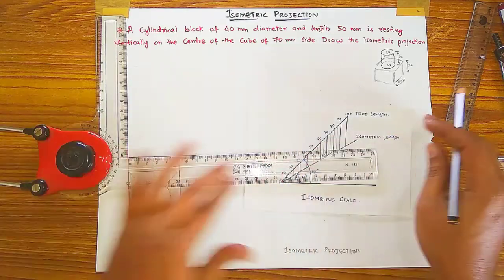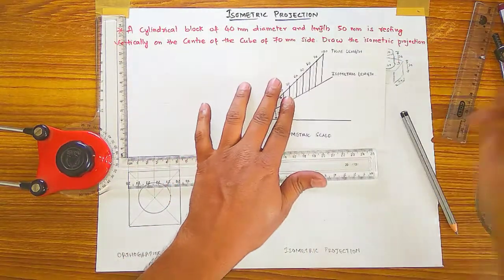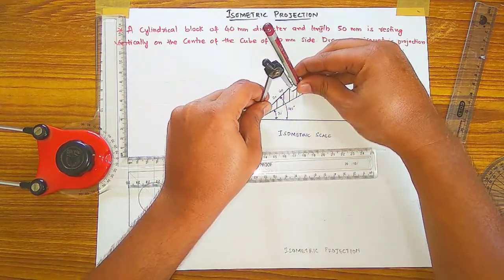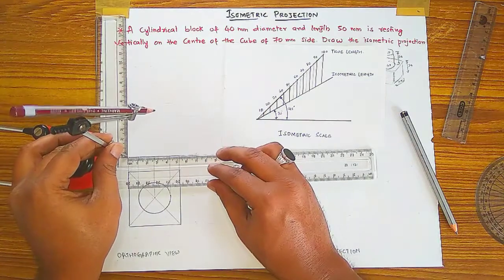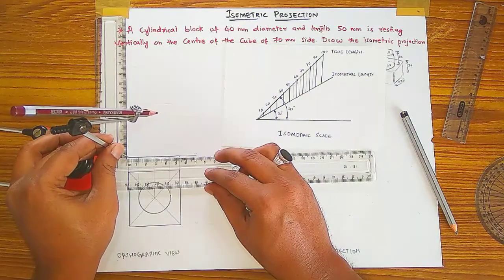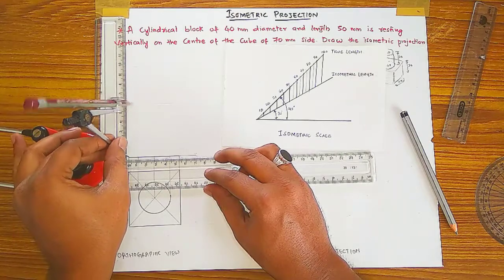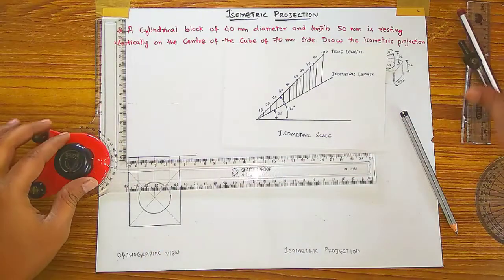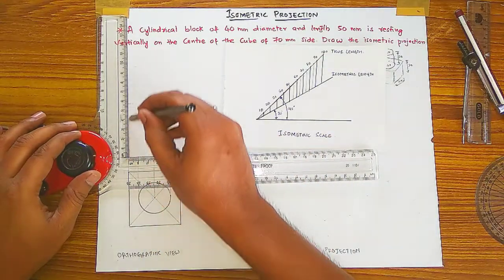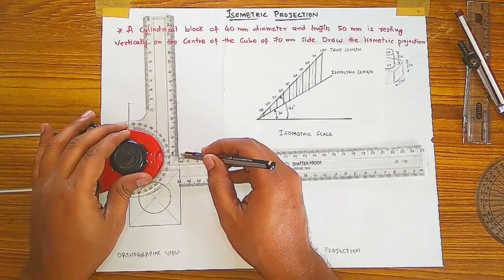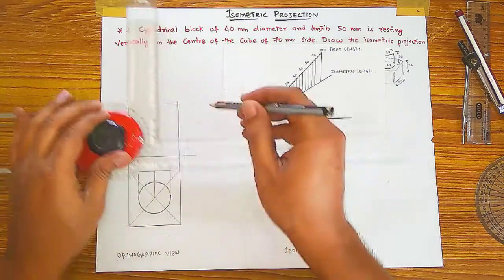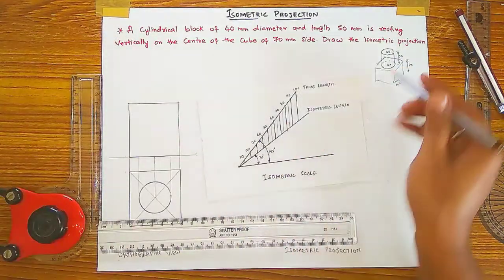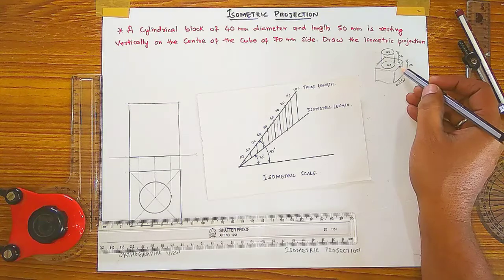To draw that 70, you have to take the isometric length of 70 mm, this much. So adjust your divider to 70 mm, and from that end put an arc like this, and from this end put an arc like this. Then join the lines from that arc from here and here, and also join this. Your cube is drawn. Then on this cube, if you see from the front, on the top of this cube,